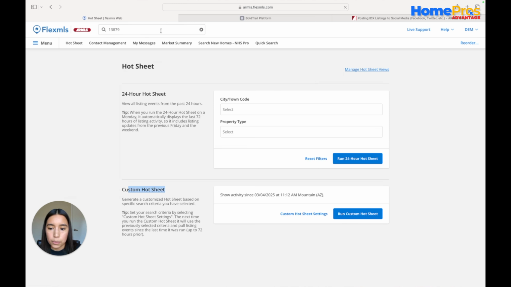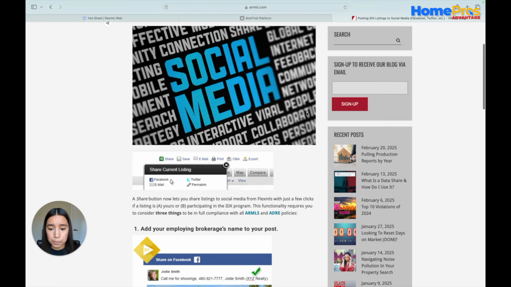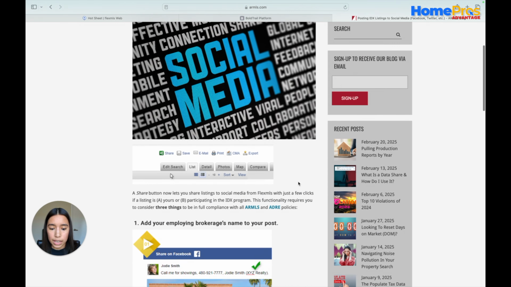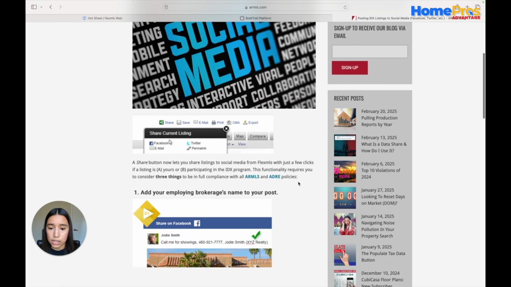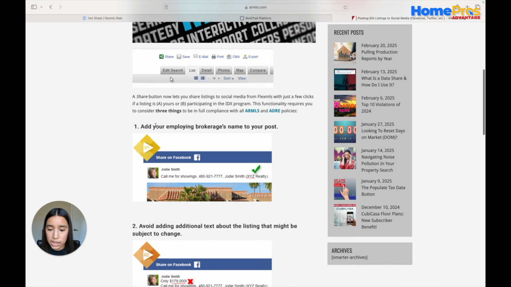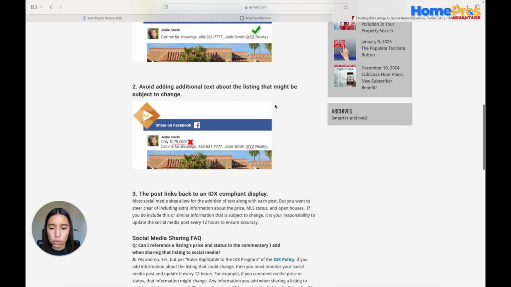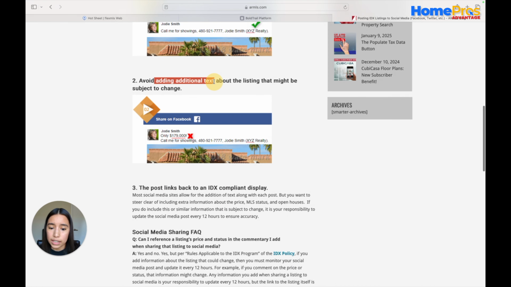So let's say you choose a property, right? So what if it's not your own property or not your company's? Are you still allowed to use it? Well, the answer is yes. The ADRE and the ARMLS only require 3 things when posting listings. So 1 is that it has your employing brokerage's name on your post. 2, that you avoid adding additional